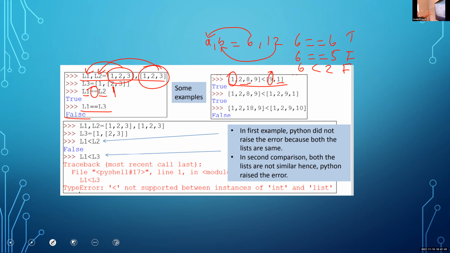But with less than and greater than symbols, the first elements are compared first. If that is true, then the result is true. It will not compare the second elements. So 1 less than 9 is true, so the result is true.